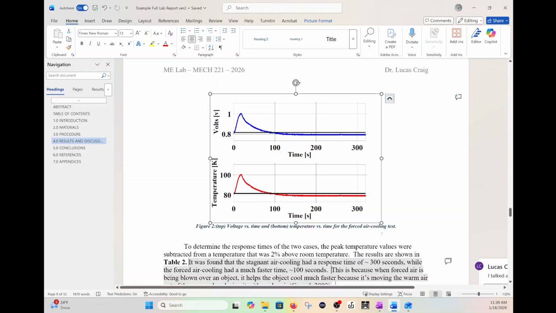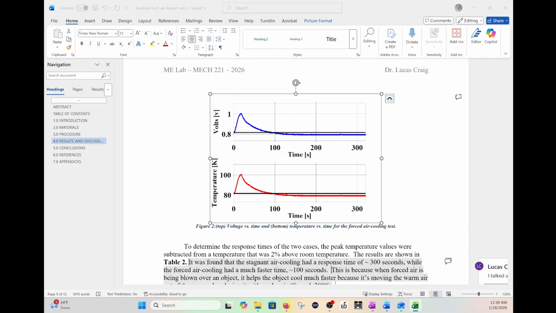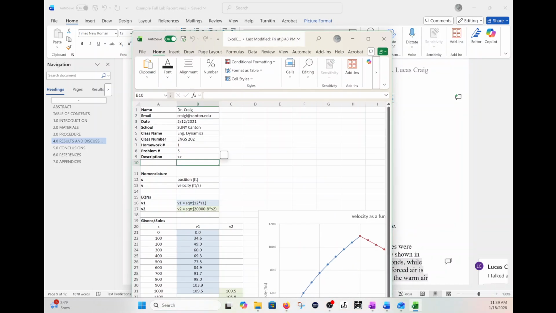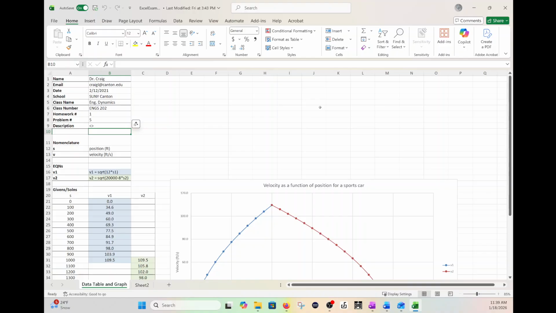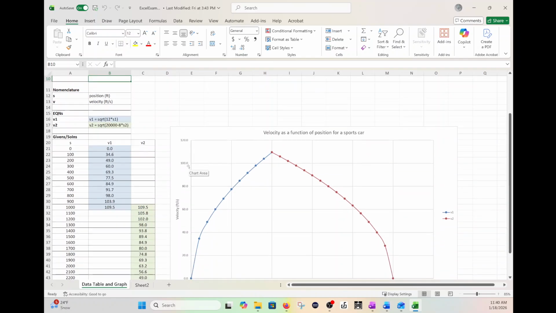Other things that I noticed. Let me get my email up that I asked some questions about. Say you do an Excel file. Let me see if I can find an Excel file. I'll open up this, show you. Excel files, I'm still learning, but I know they don't like underlines, merging cells, so be careful with that. I'm still learning Excel, but again, this one right here I made. I don't believe I have any